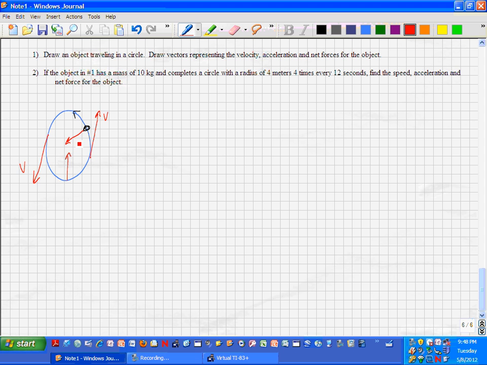At any given time, let me do that in a different color. At any given time, that acceleration is pointed towards the center of the circle. Net force and acceleration are always in the same direction, so the net force is also always towards the center